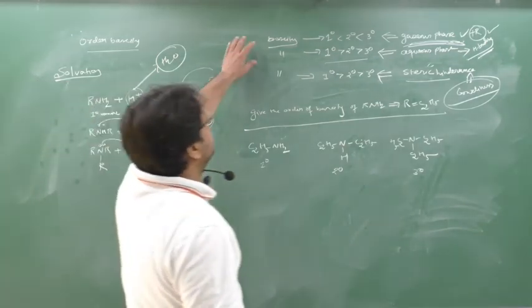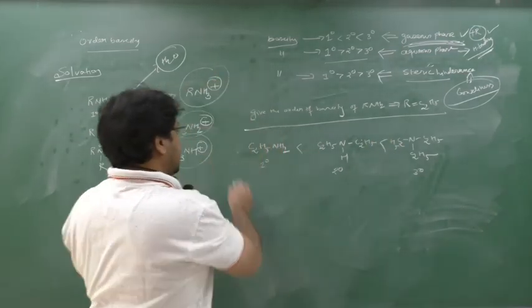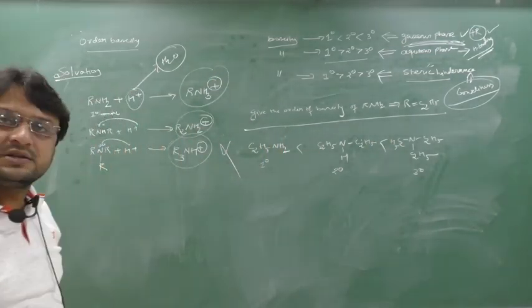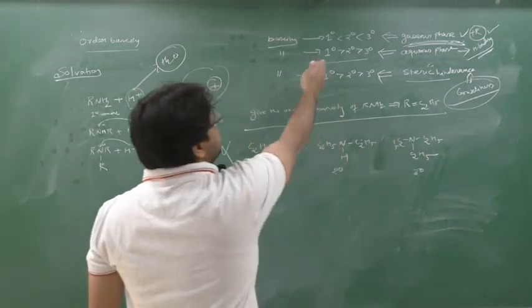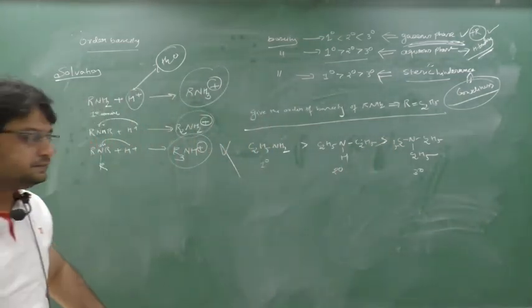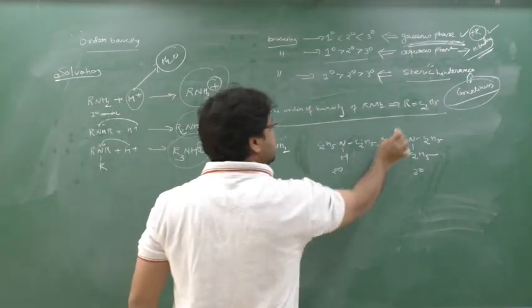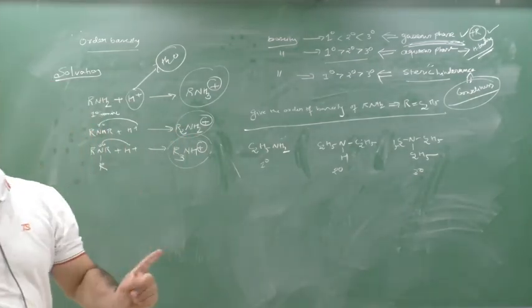If I see this order, write down here, yes or no? Answer, wrong. Clear? If I see this aqueous phase, answer wrong. If I see this steric hindrance, answer also wrong. Now what will the question be? For this, you have to mug it up.